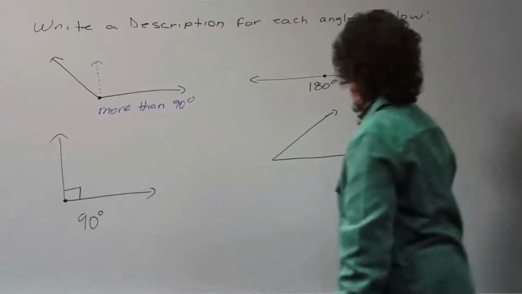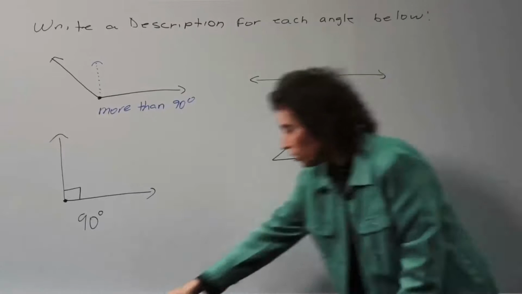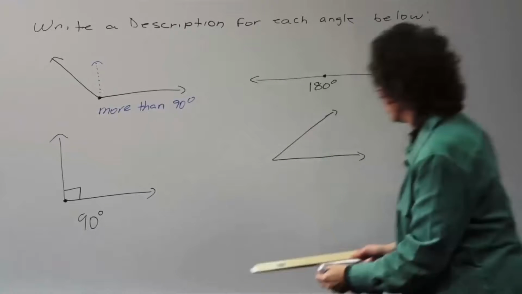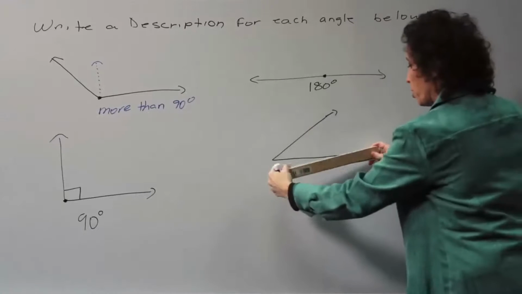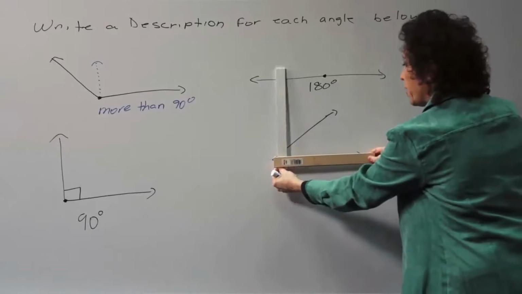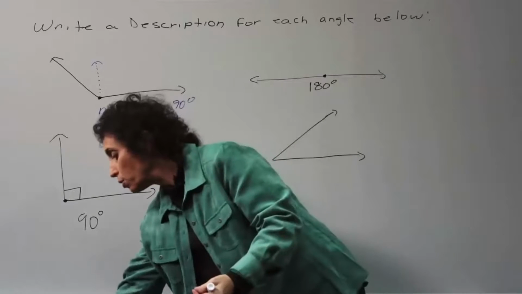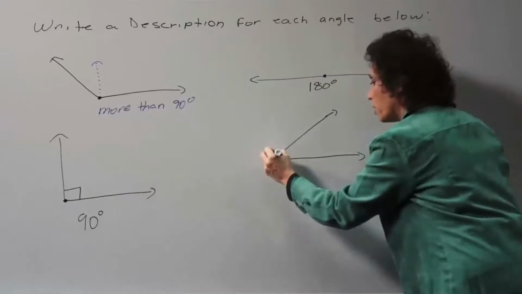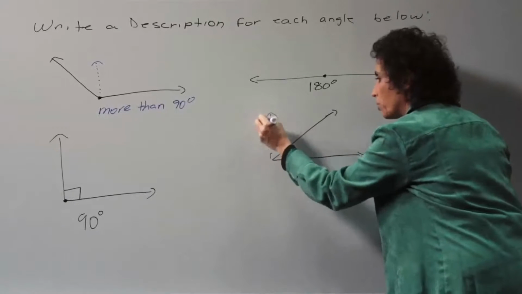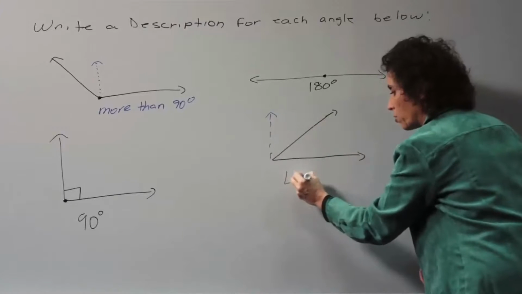All right, and then this one, if you think about that same thing about your rotation, if 90 degrees is right here, then that's less than 90 degrees. So again, if you compare them to 90 degrees, it makes it easy to describe them. Okay? So here's your 90-degree rotation, and that's less than 90 degrees.